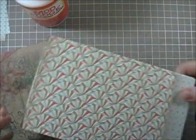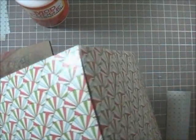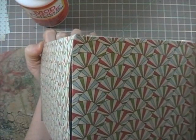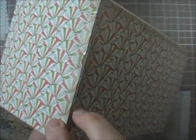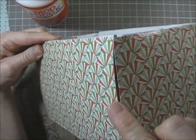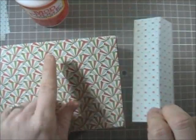Now my box is dry and it's been Mod Podged all the way around, but I have these really ugly corners because the paper's not big enough to wrap around the box, so I had to cut it in separate pieces to lay on the outside. What I'm going to do now is cover these corners so that they have a nice edge. I'm using the opposite side of this paper,